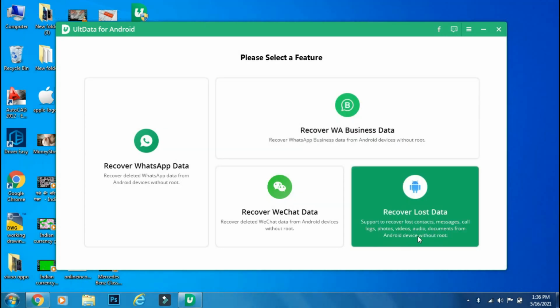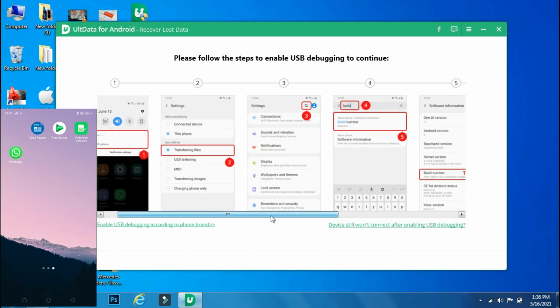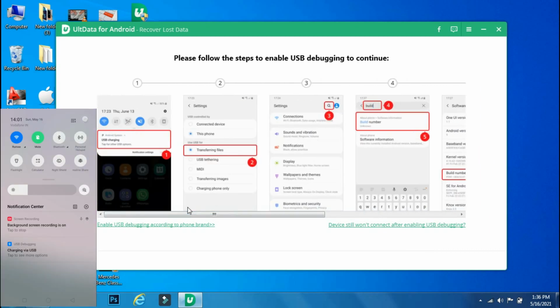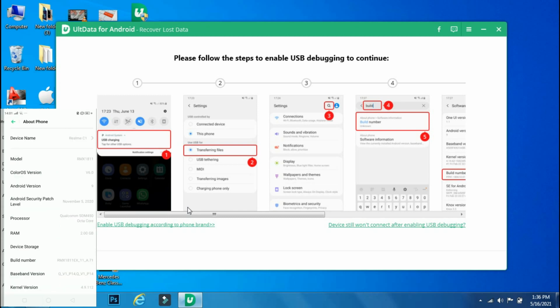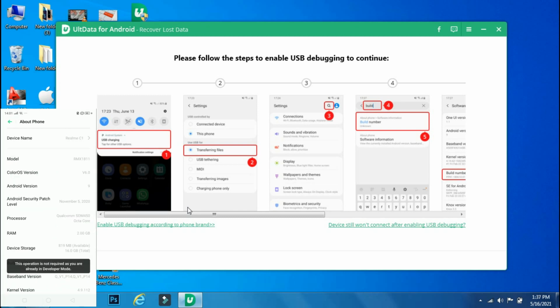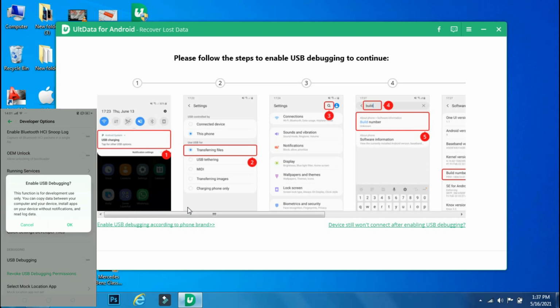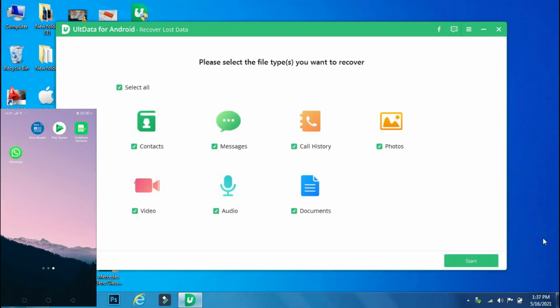First, I'll show you how to recover the deleted data from your Android phone. For that, you have to connect your Android phone to PC. When you connect your phone, make sure USB debugging is turned on. It will most probably be under developer options. If you can't find developer options, then click the software build number 7 times in the about section of the phone and then a new developer options section will appear in your settings. From there, you have to turn on USB debugging. Once it is done, the app will automatically go to the next step.